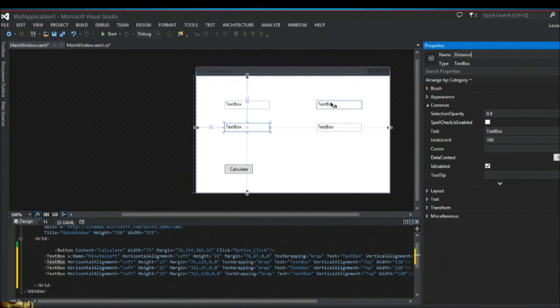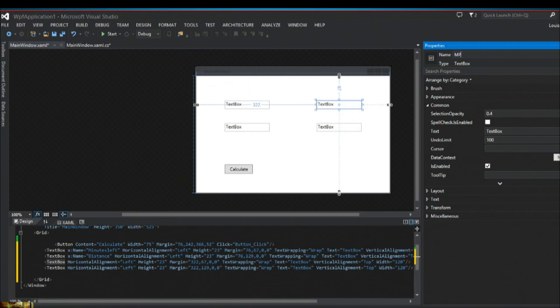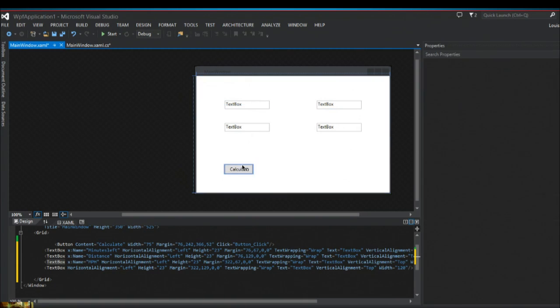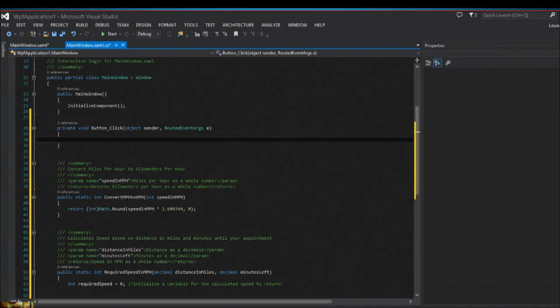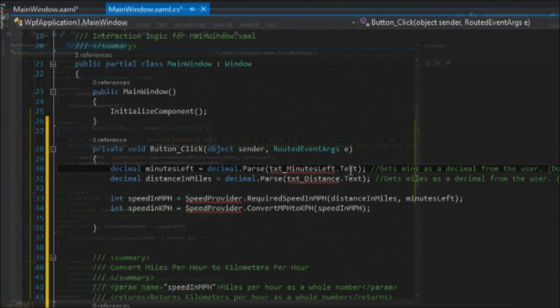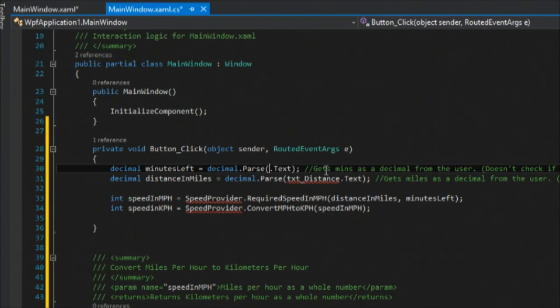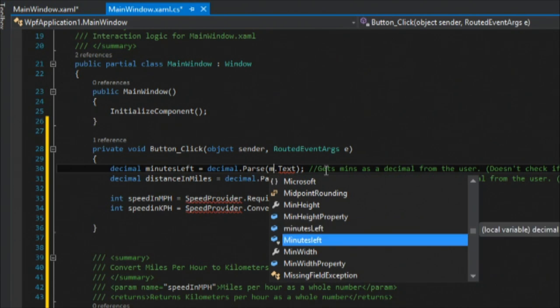And then finally, this one right here, I'll just do miles per hour and we'll call it quits. And so then what I want to do is go back to my code file where I have that button. I can put some code in here to do the conversion, and what I'm going to do is steal the minutes left from the minutes